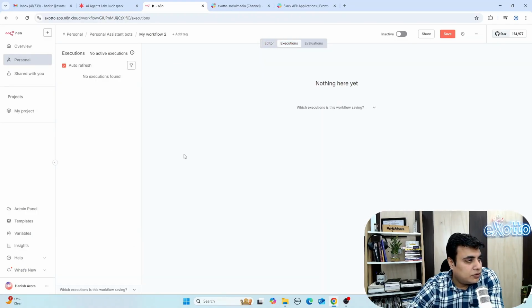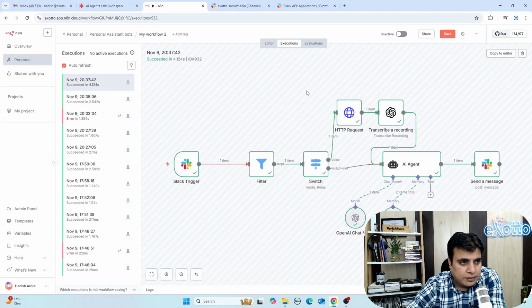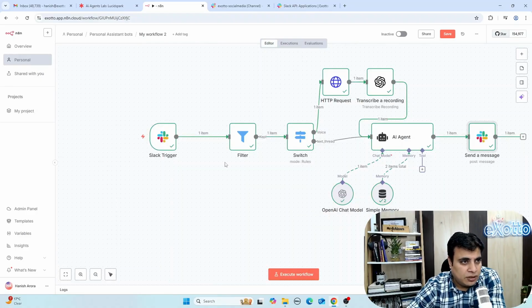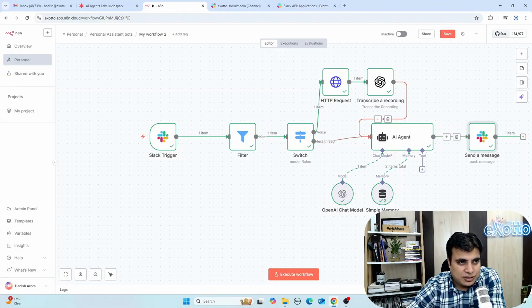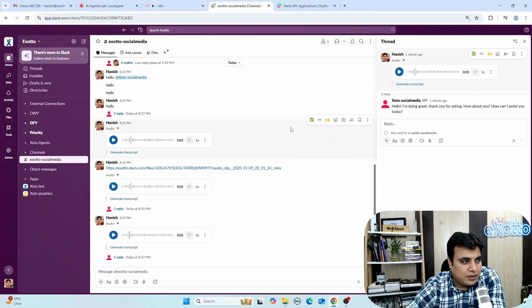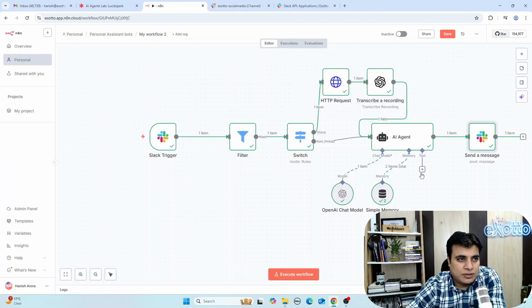Let's see the execution. So that's how we can send an audio message or a text message to the channel and get a reply back to the same channel without even tagging the bot. So I think you can just change this AI agent to any other AI agent, give commands through Slack, and you can even add your team members to the same Slack, and they all can use this bot or AI agent. And that's how you can build and connect powerful AI agents across Slack, all without writing a single line